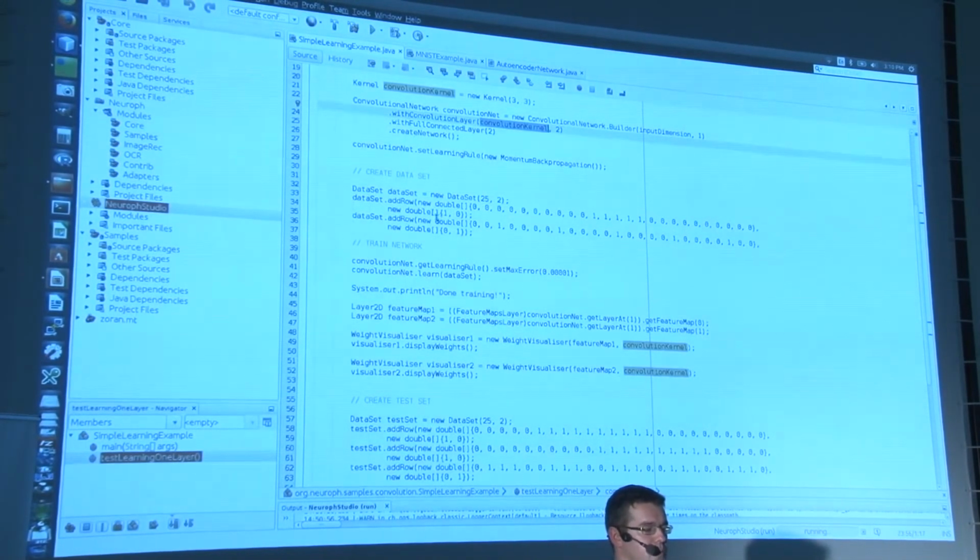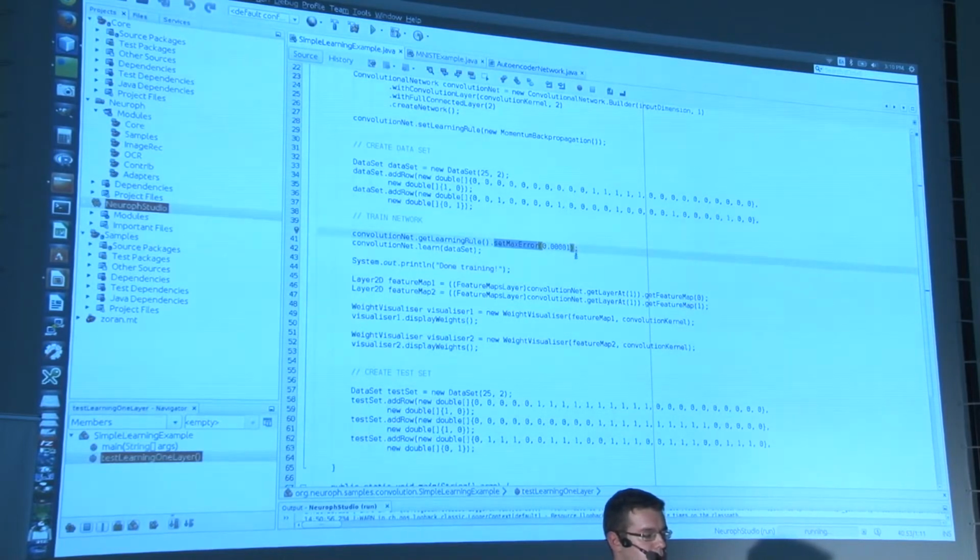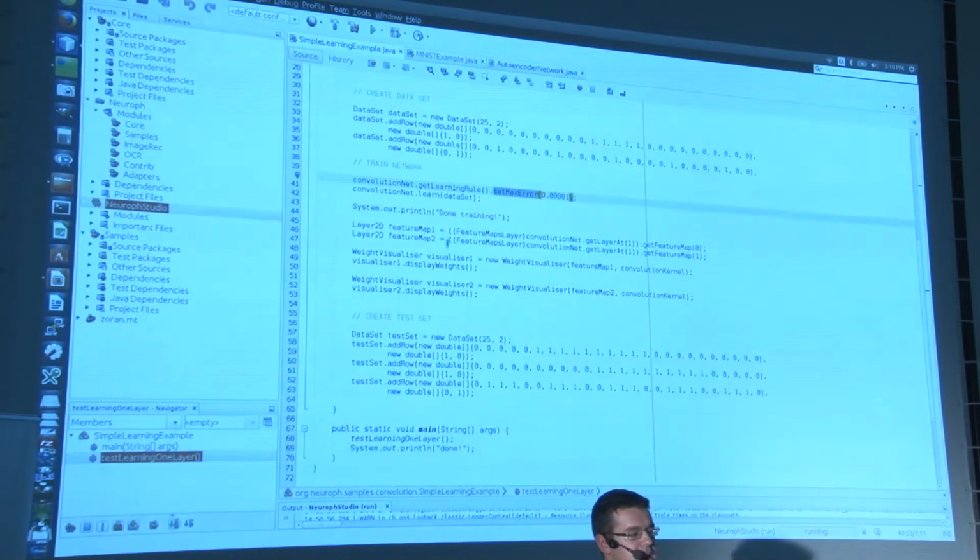We said the output for the first one is 1, 0, and for the second one is 0, 1. Next, we want to set the maximum error threshold. You remember that in the beginning we entered it in the dialog. We specify 0.001, and again, we just invoke this learn method and provide the data set to the network.